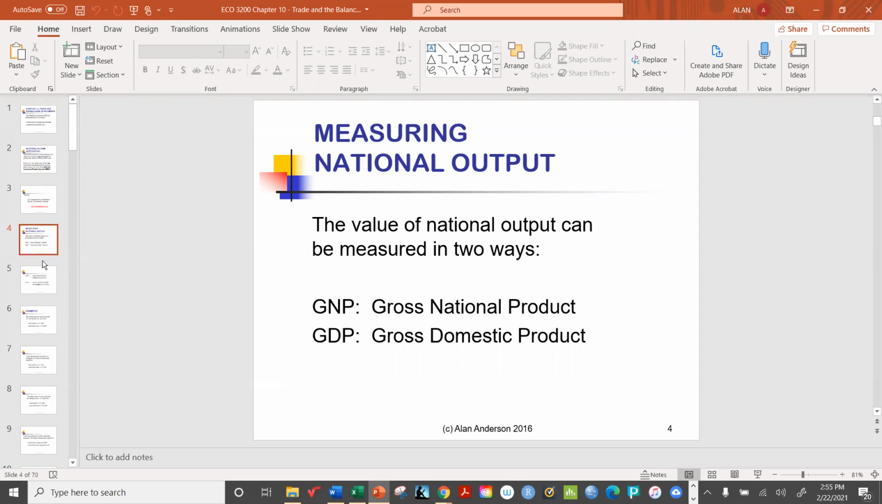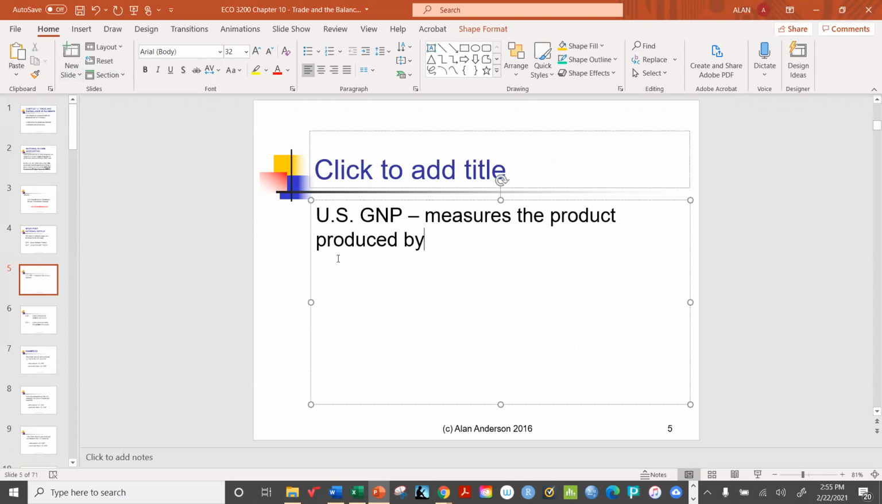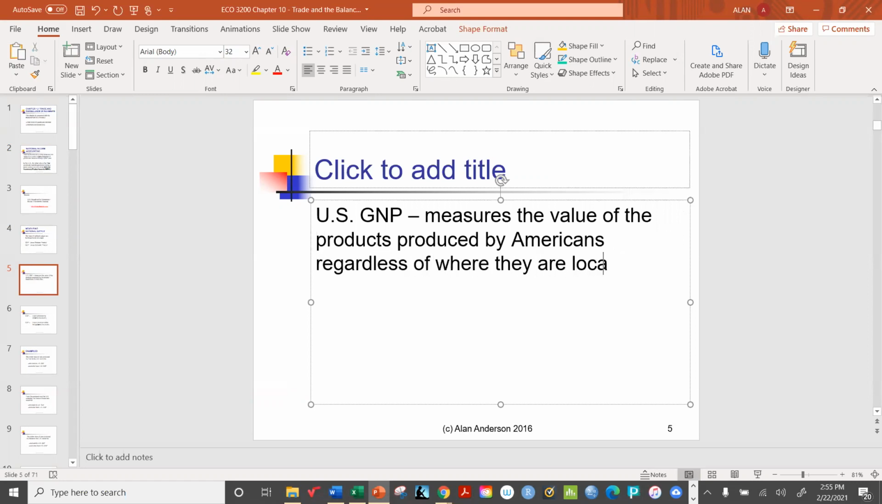All right, in fact, why don't I write that down? I'm going to do that right now. US GNP measures the value of the products produced by Americans, regardless of where they're located. In other words, if an American company is doing business in Australia, for example, it still counts because it's an American company. But US GDP